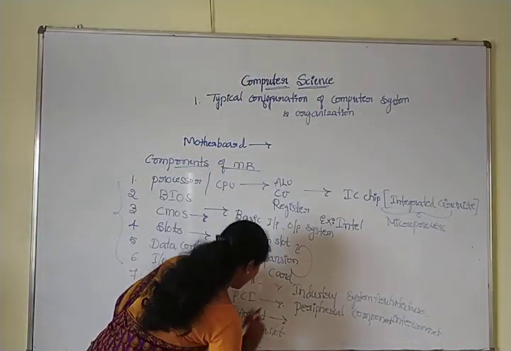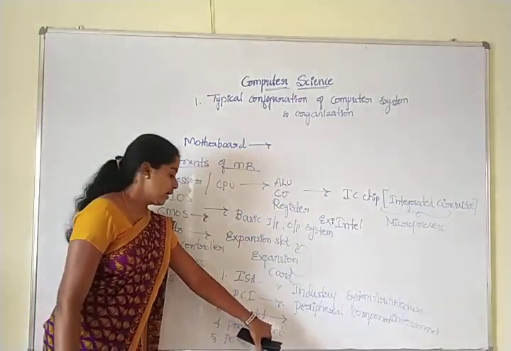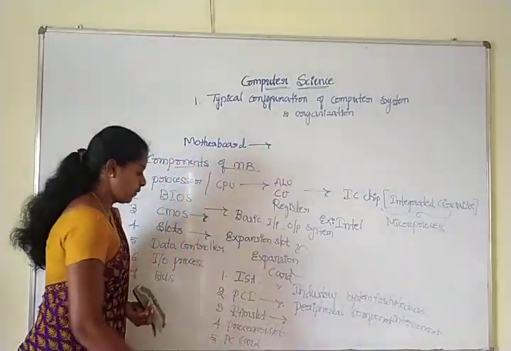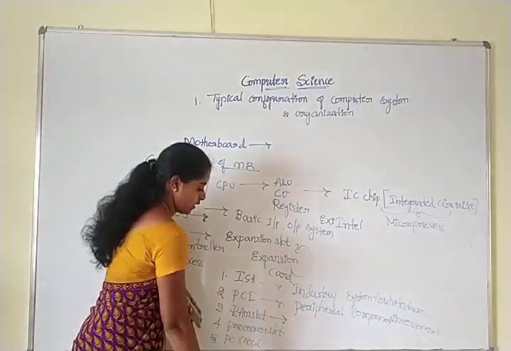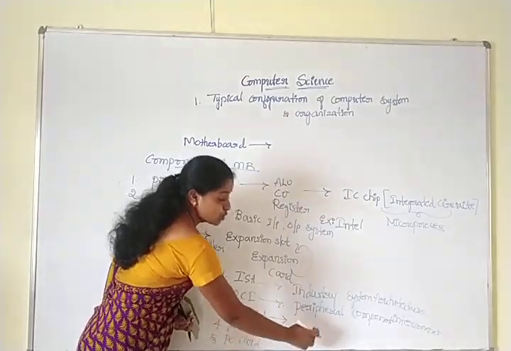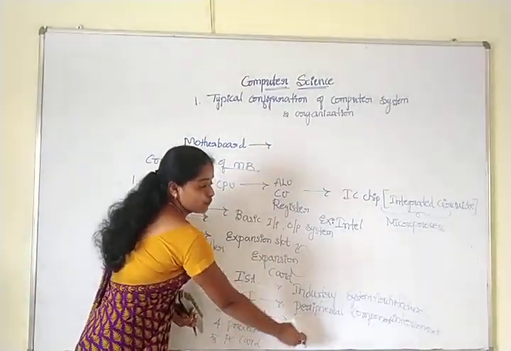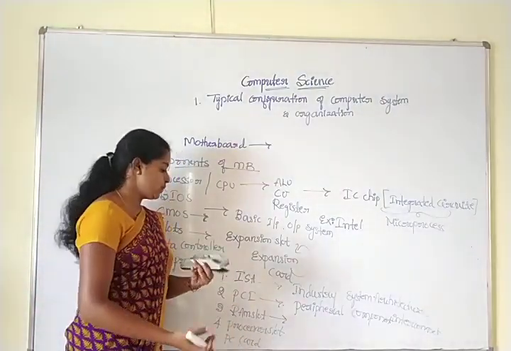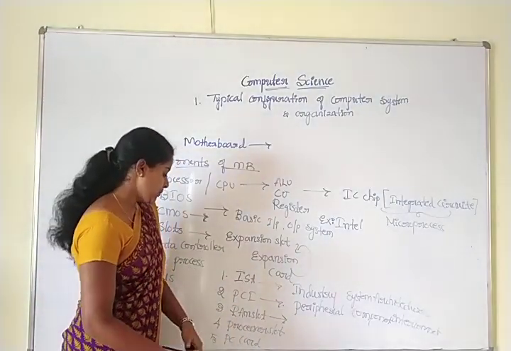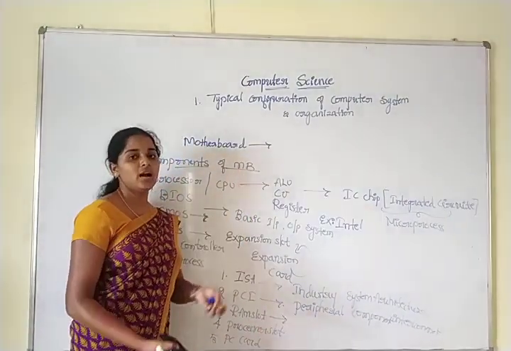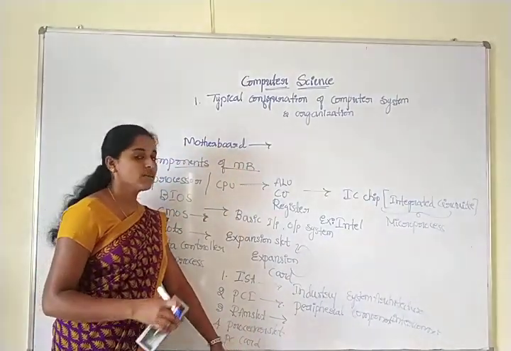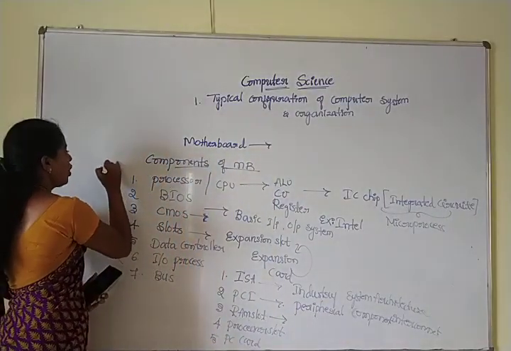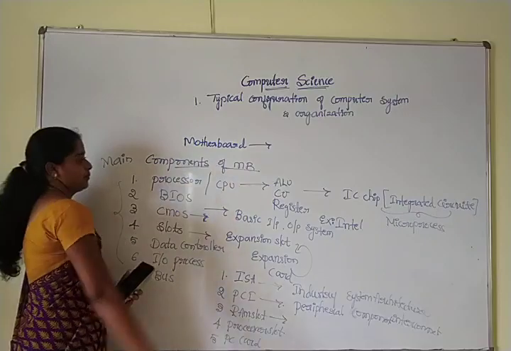The third one is RAM slot. This RAM slot is used to install the memory to our computer system. The fourth one is processor slot. This processor slot is used to insert the processor chip to our computer. The PC card is used by our laptop computer, which contains the Wi-Fi card, network card, and also some expansion cards, etc. These are the main components of a motherboard.